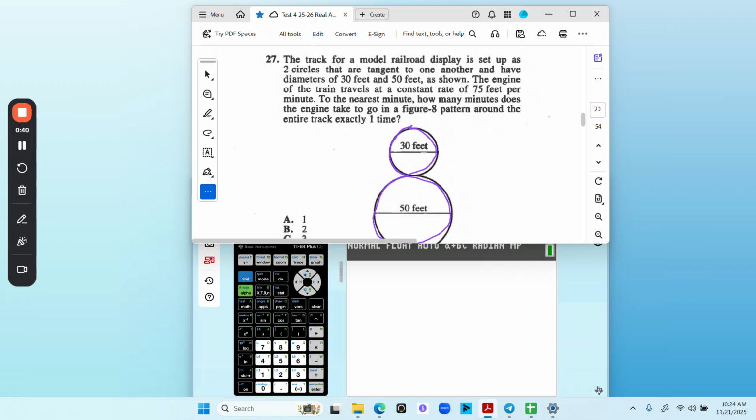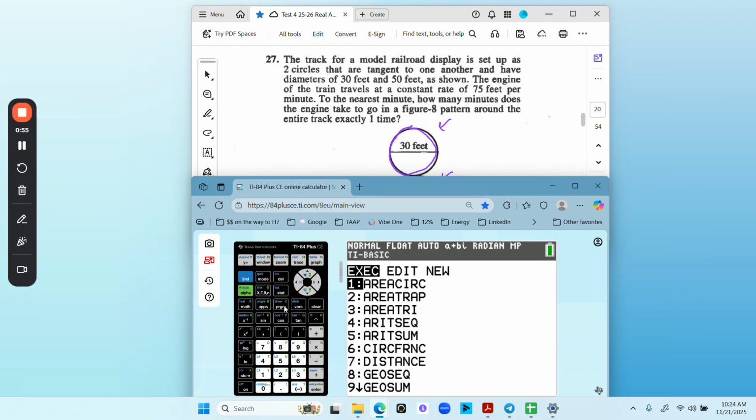So what I really need to find is the circumference of this circle, the circumference of this circle, add them together, and then we could figure out how long it's taking, because we need to figure out the distance. So to figure out the distance quickly, we're going to use the circumference program. If you don't have the programs, check out the other videos I've made that show you step by step how to create them. I'm going to hit program. I'm going to go down to circumference